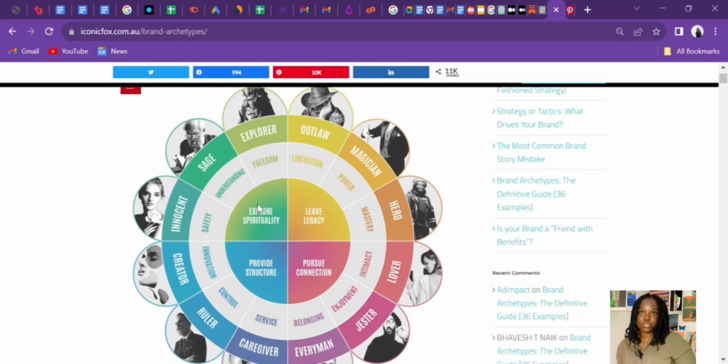Yes, these are the archetypes that suit this brand, but the one that most resonates with it is the ruler, because we are talking about elegant wears, elegant women as our target audience. Therefore, the archetype that mostly resonates with this brand is the ruler, which means control.